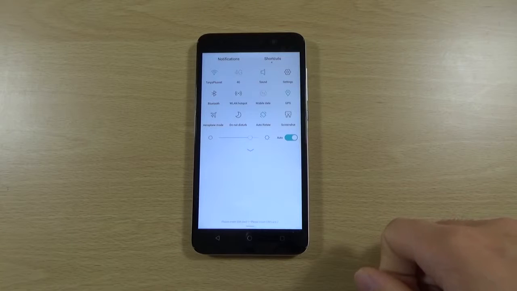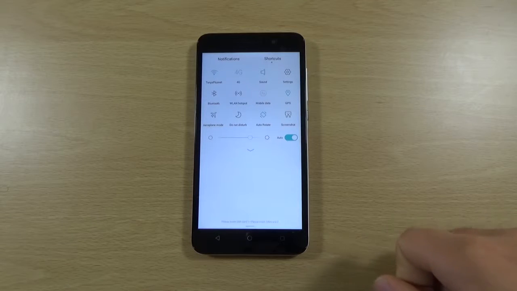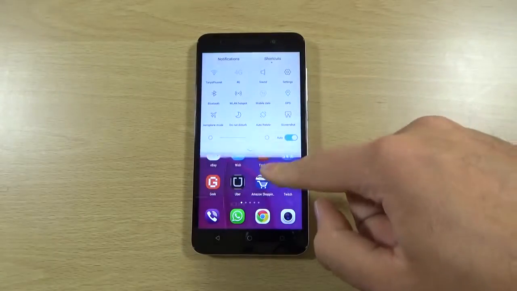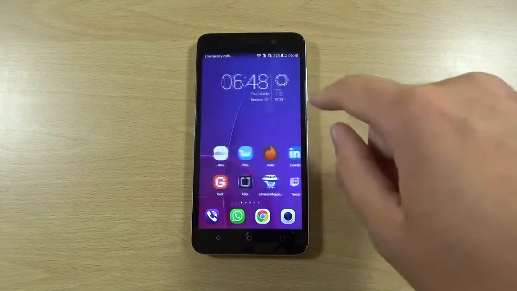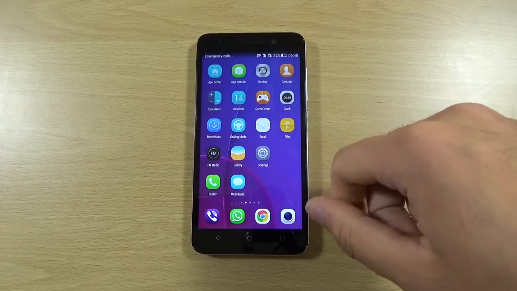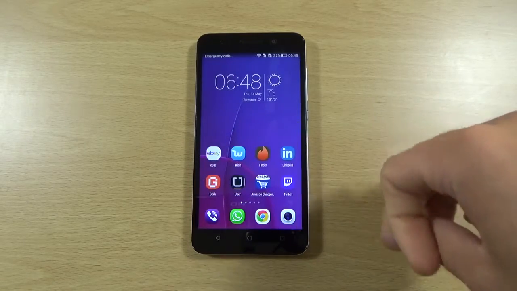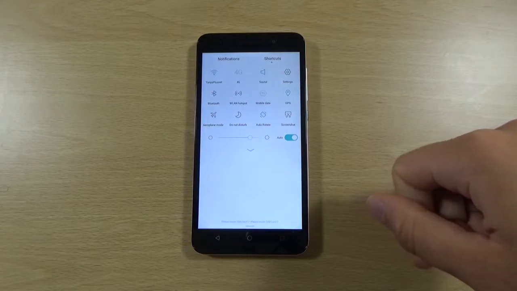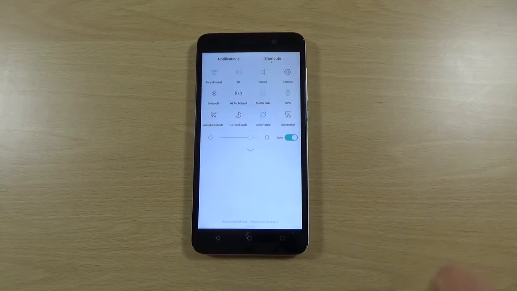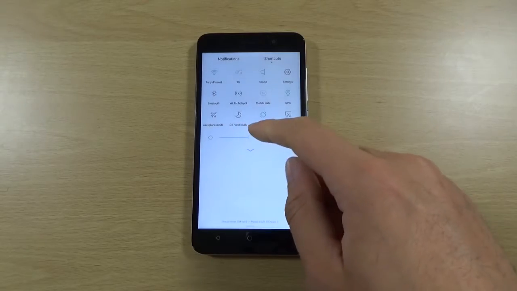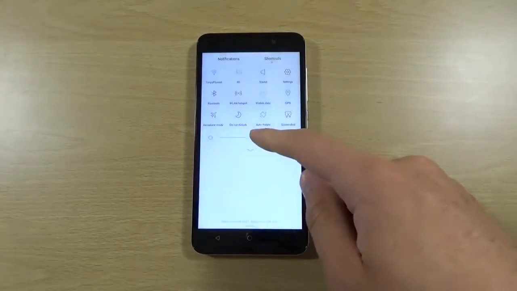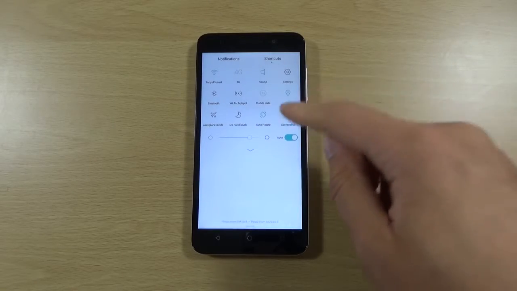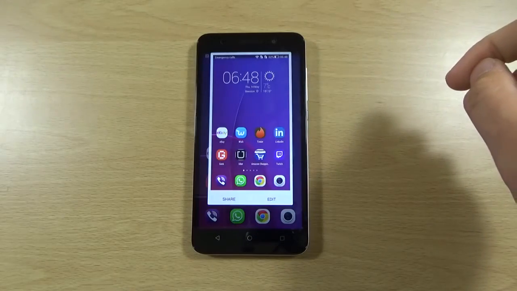And on the first look at it, to me it looks very much like iOS in terms of the cleanness of it. I think quite a lot of these manufacturers are following iOS, obviously Xiaomi as well. You can see here we have the notification shade, which gives you quite a lot of access to different stuff. We do also have a brightness slider here, which is very useful, and we have the ability to quickly take a screenshot as well,